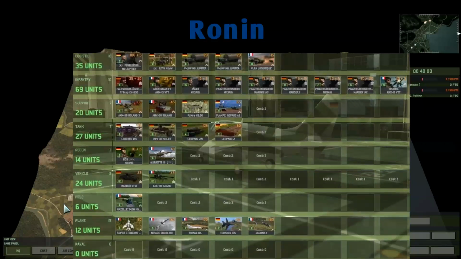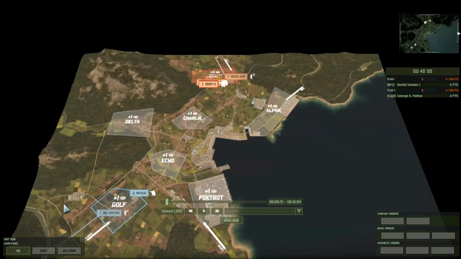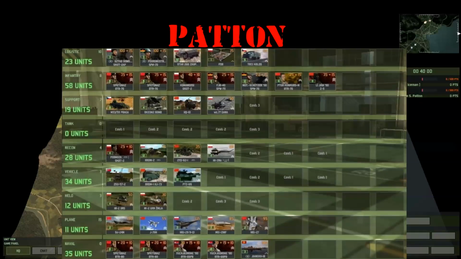heavily on this map. And in the red, we have his opponent, George S. Patton, who we'll just be calling Patton. Patton is actually using something rather weird. It is a mixed red